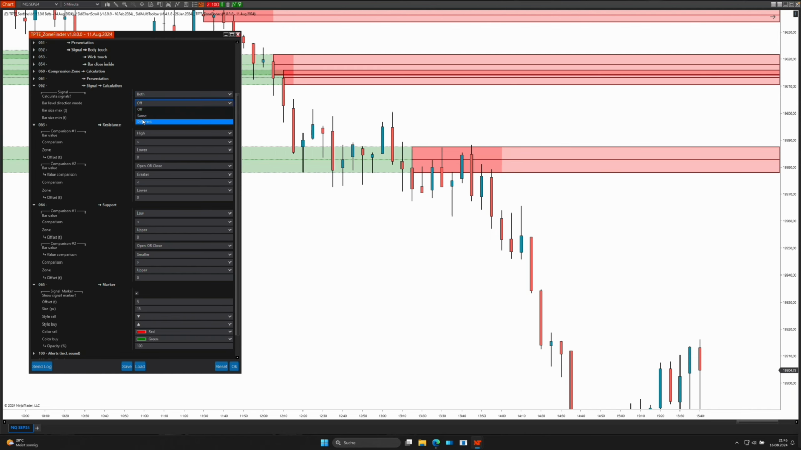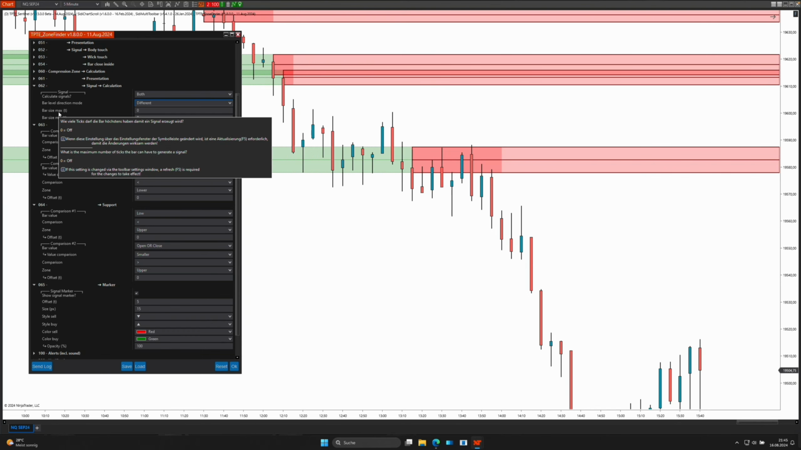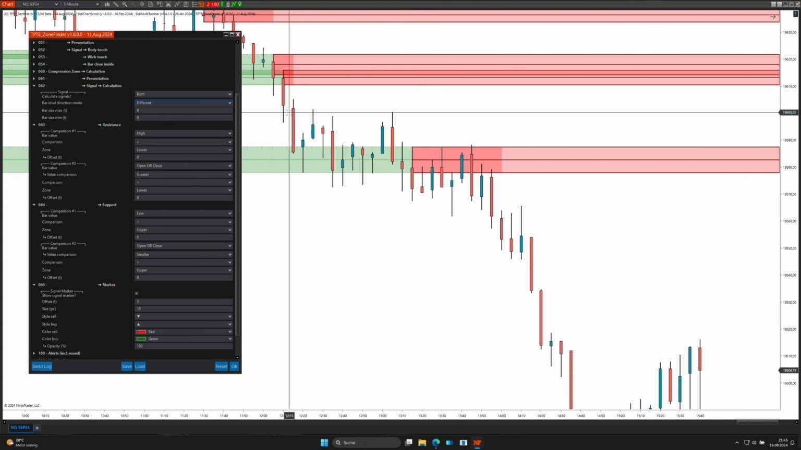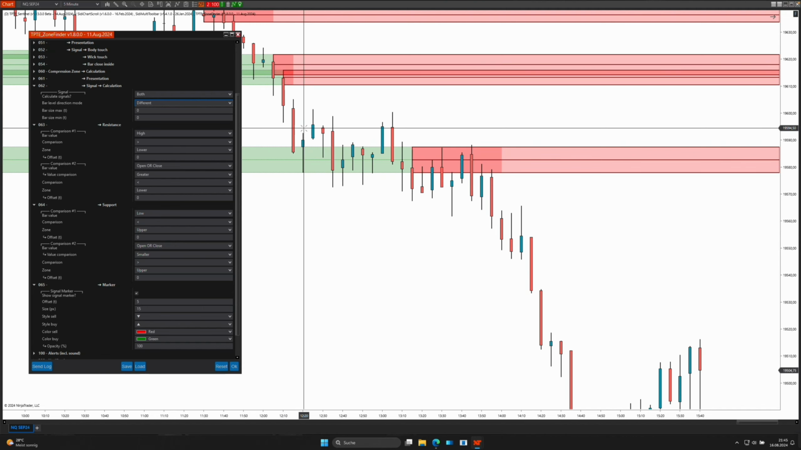Created here on different means, if there is a support zone here, then only if it is approached by a bearish bar. So you can also orientate yourself a little on the colors, simply different colors, red on green or green on red. That's what it means. We can also define different bar sizes here, i.e. how large the bar may be at most and how large it may be at least, so that a signal